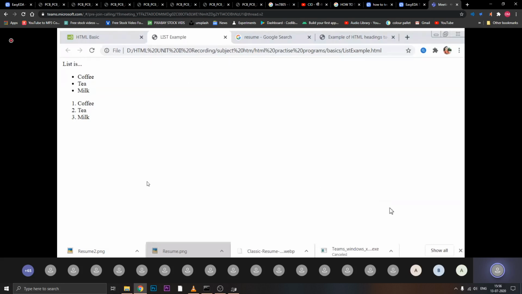So I'm considering that all of you have completed the task just now given. So what do A division students have to do? Once you have listed the attributes and the HTML tags, you have to write what I just told about the task assigned to the B division: your family information with the help of H1 and P. You have to create examples for that, or you can create the program.